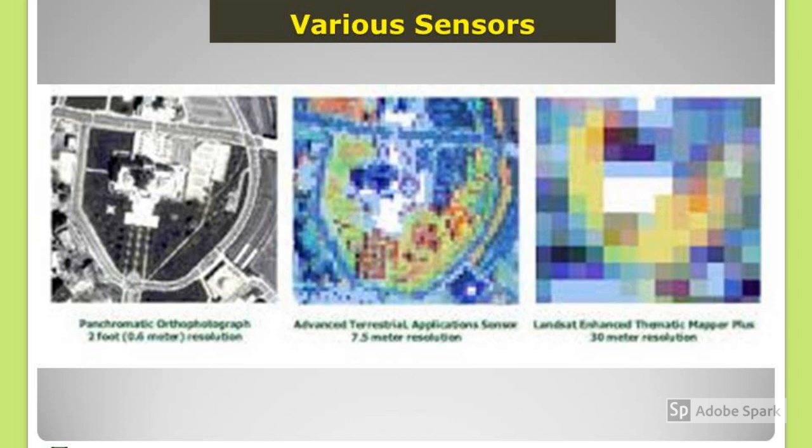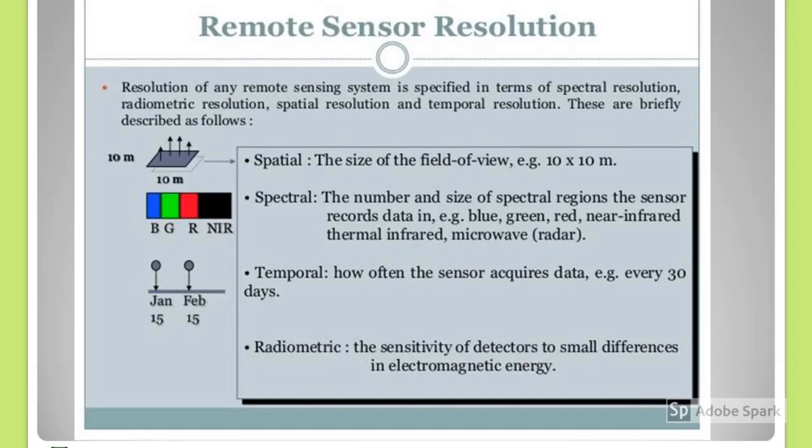Example for pixel: LISS 3 bands 2 to 4 23.5 meter, band 5 70.5 meter, WiFS 188.3 meter, AWiFS 56 meter. LISS 3 plus PAN 5.8 meter, LISS 4 2.5 meter, Ikonos 1 meter, Cartosat 2.8 meter, SPOT MSS 30 meter, 80 meter. Table 1, spatial resolution of various satellites.